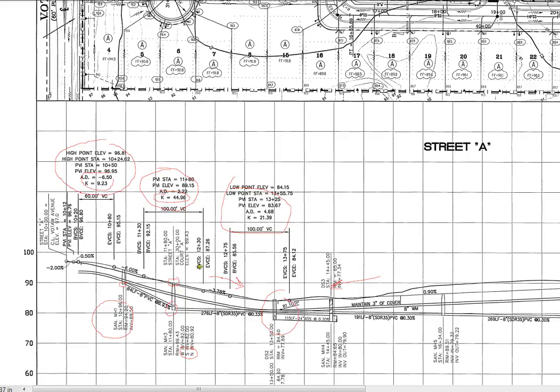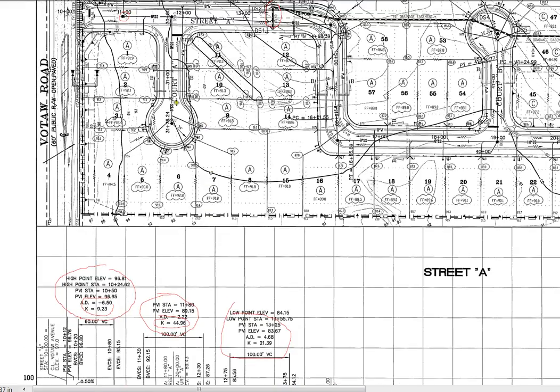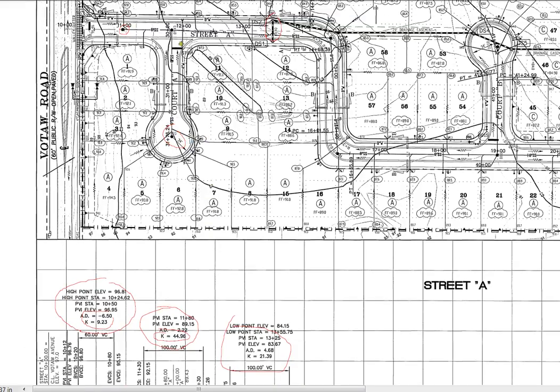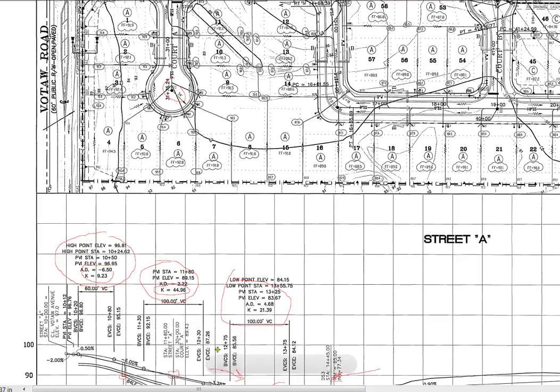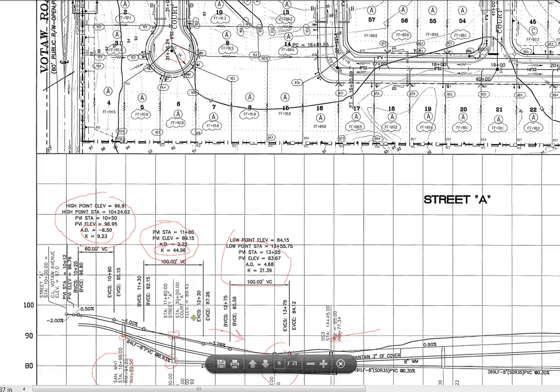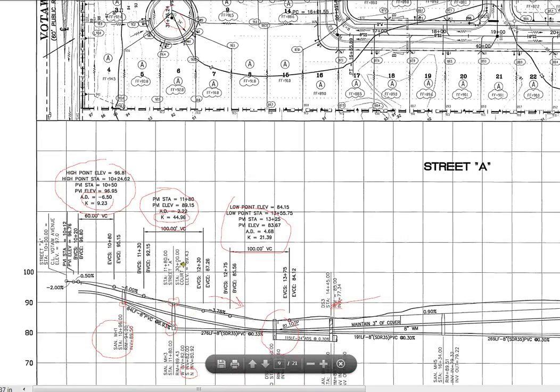The other thing that you'll see is on this one, you can see that there's a manhole here and a manhole here. This is telling you the tie-in elevation of each of those. The elevation, see how far it is? You can see station such and such, street A, station such and such, court A, and it's got the elevation